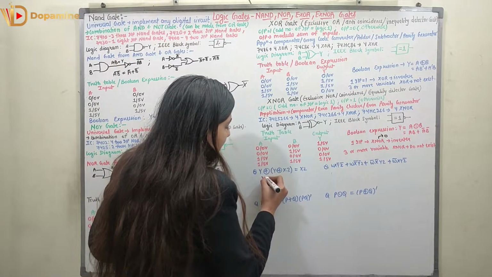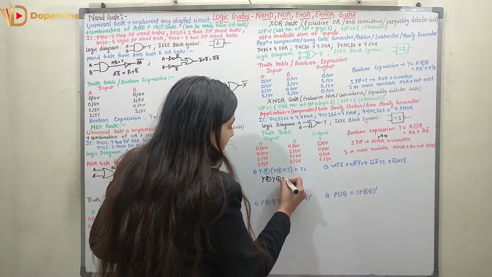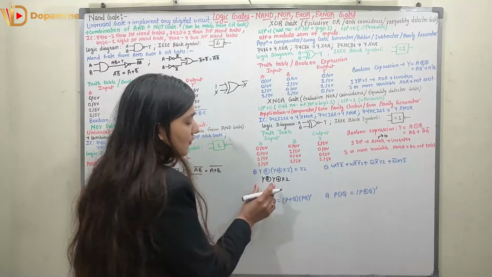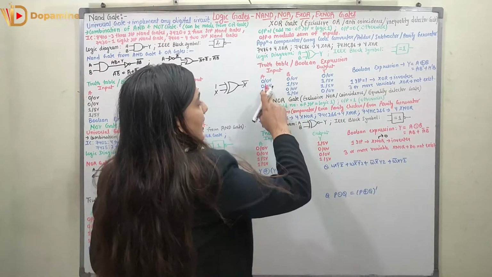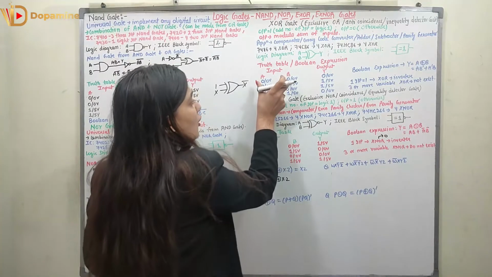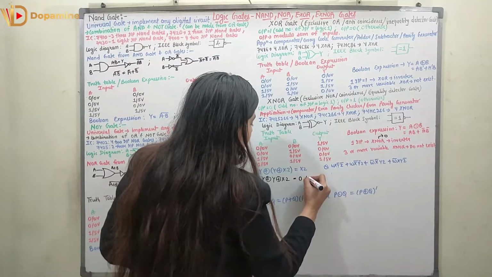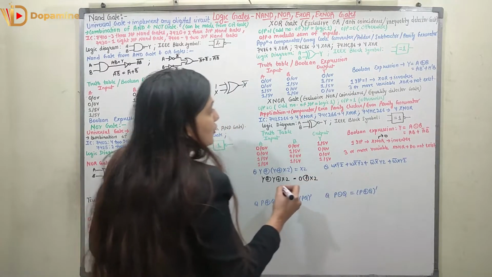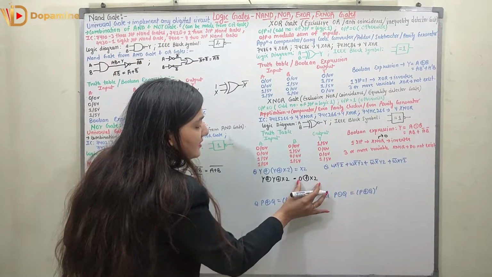Right, so here if I see the left hand side, if I open it, it is Y XOR XZ. So I know Y XOR Y. If I have the same inputs in an XOR, the output is always 0. For 0 0, for 1 1, the output is 0. So it is 0 XOR XZ.